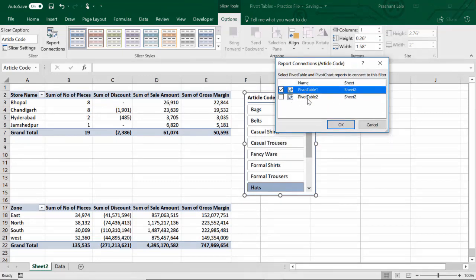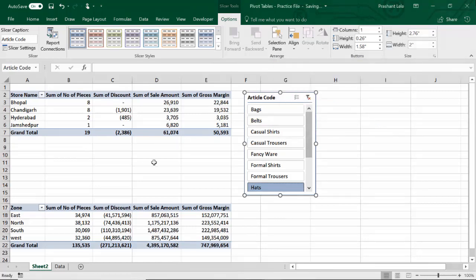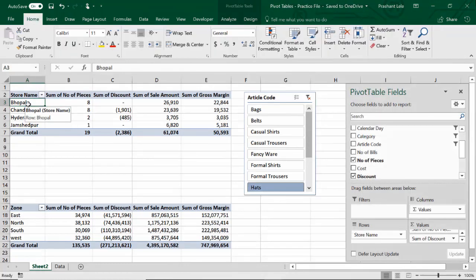These are system given names. You can rename your pivot tables. If you are creating a complex pivot table dashboard and there are multiple, like 10-15 pivot tables, then it is very difficult to remember in which pivot table what data is shown. So for that you should always name your pivot table. See, system by default gives some name, pivot table 1, pivot table 2, 3, 4, and so on. But for simplicity and clarity, you should give your pivot table some logical name.